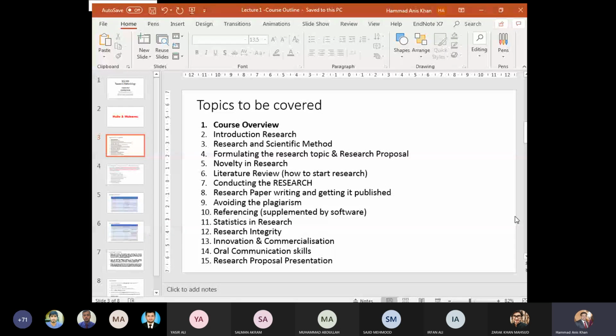So this is the course content you can see. Initial topics would be what is research, how you do it, what should be your aim, objective, scope, what is hypothesis, this and that. Then we will focus on what is novelty in research. That would be a very interesting topic. What do I mean by novelty, and if there is a novelty element in your research, can it be published or not? And what do I mean by publication? That is another domain. What is literature review? How should we do literature review? Is it necessary or can we skip it? All these questions will be answered in this course.